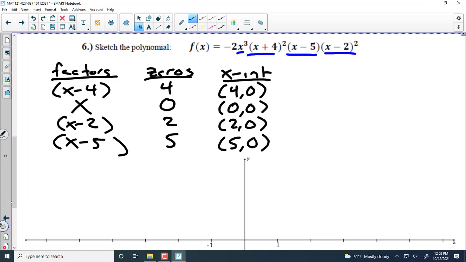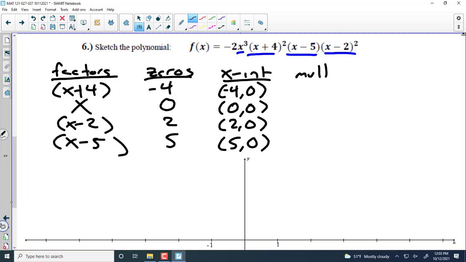Sorry, I messed up one of these. What did I mess up? That should be x plus 4. I'm sorry everyone, I wrote it wrong. That should be x plus 4. That's another reason my graph wasn't going to look right. Yeah, x plus 4, x minus 2, x minus 5, giving me (negative 4, 0), (0, 0), (2, 0), and (5, 0). Holding the answer key in my hand, and I still make a mistake. All right,